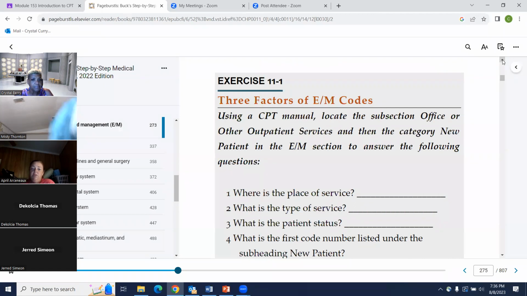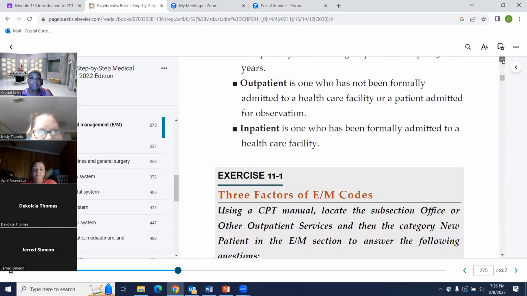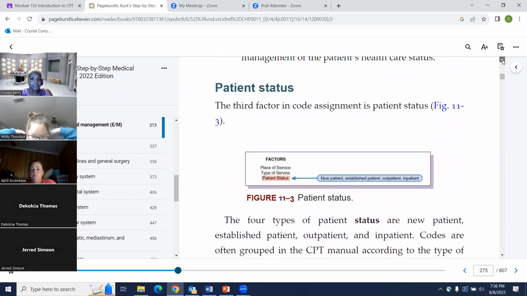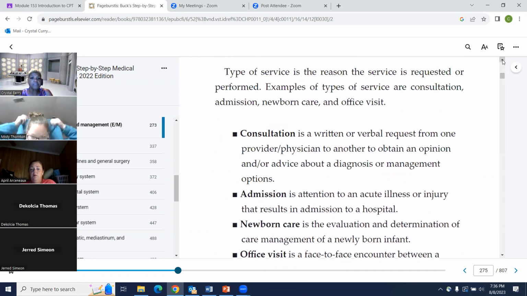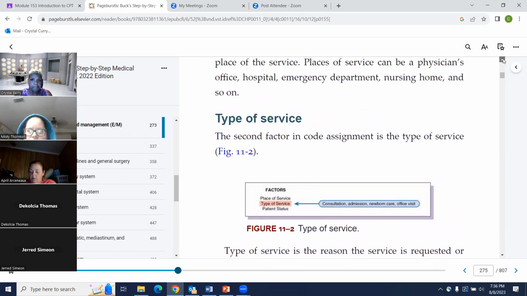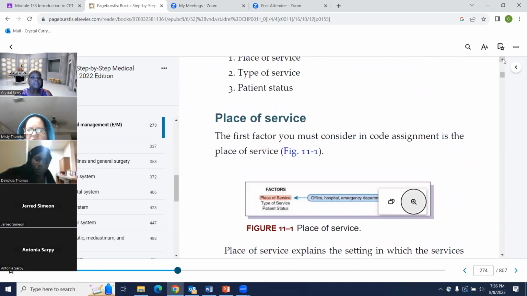And the patient status. So what consists of the patient status? New or established. Correct. So that would determine if it's a new or established patient.